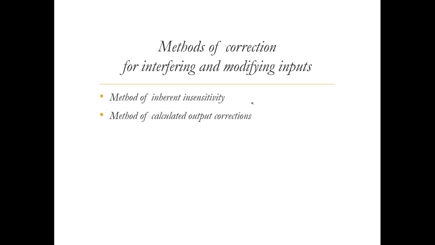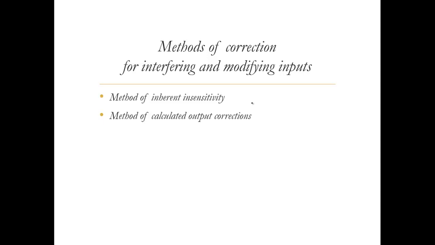Similarly, you can have the method of calculated output corrections, where you actually know these values. For example, in this manometer we have seen that because of the acceleration, a column of liquid goes up, so we can measure that column as per the acceleration and accordingly subtract that from the output value. So if the output value x is equal to 10, we can say x is equal to x minus 10, which means in the case of accelerated input also we can have x equal to 0 because we're already subtracting the value 10.